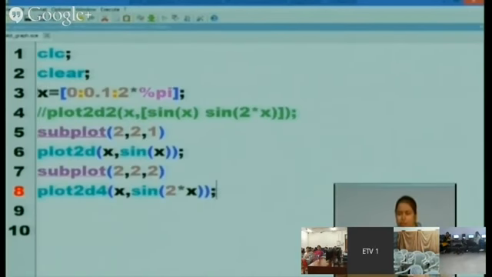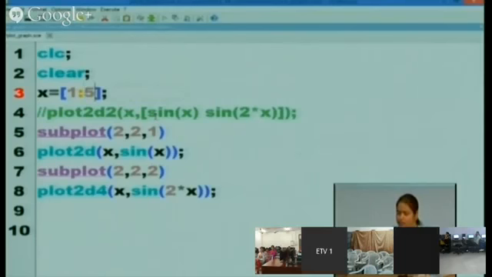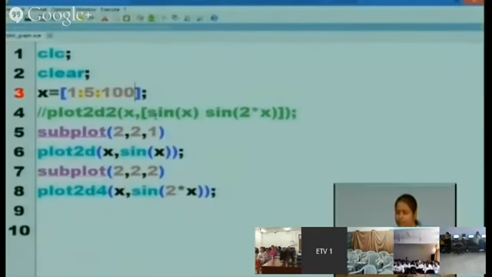So next we will be doing the plotting using the function. So if we are plotting it as x is equal to 1:5:100, I think this is clear to everybody. x is 1:5:100 means the x variable will be created with data starting from 1 to 100 with a spacing of 5.